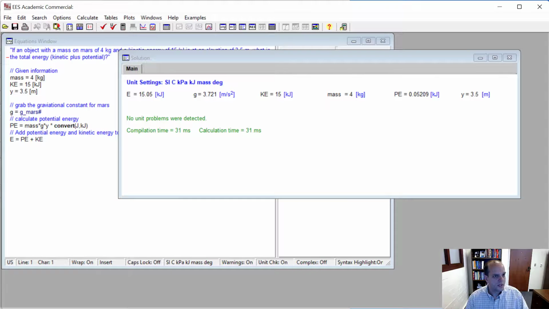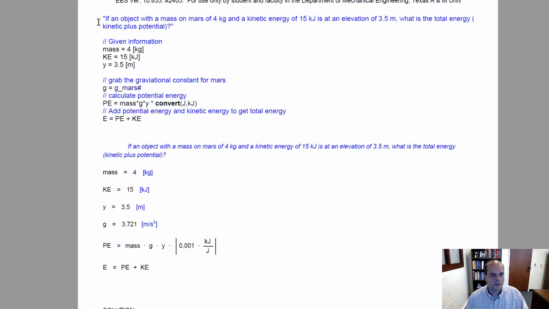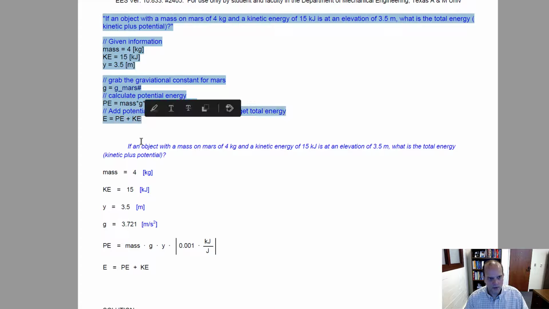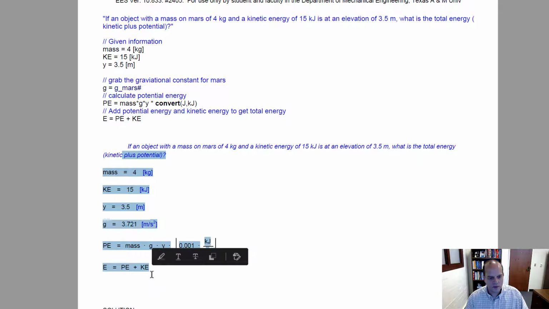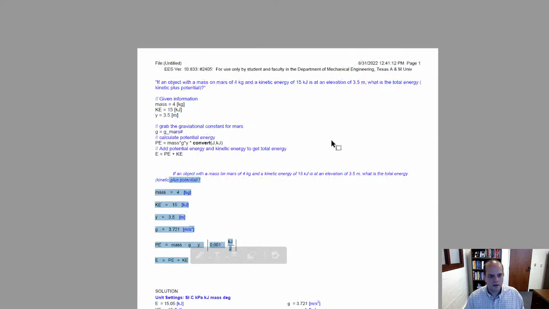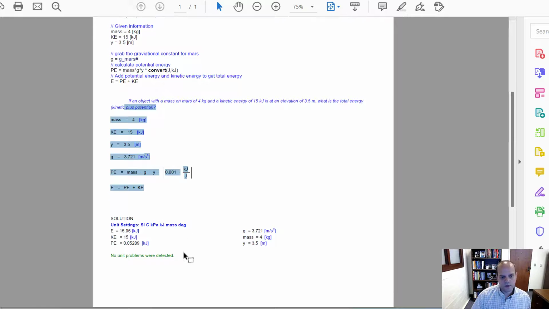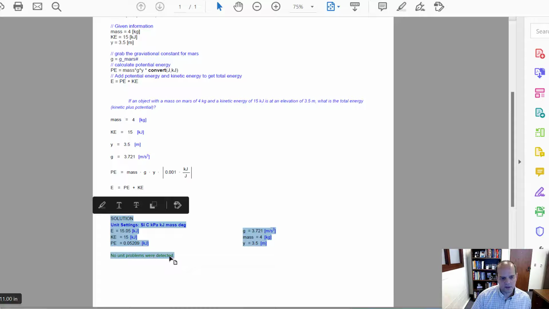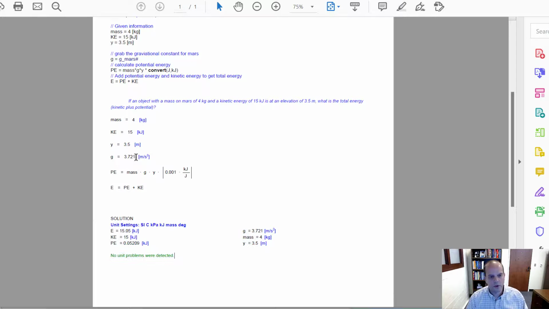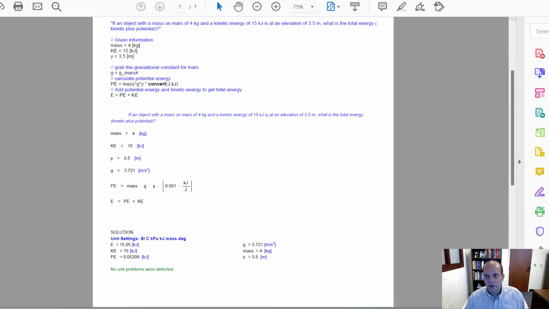And the PDF that results will have a section here that is my equations window, a section here that is my formatted equations window, and then finally my solutions window. And it tells me with those solutions I didn't have any unit problems. And so another thing I can do